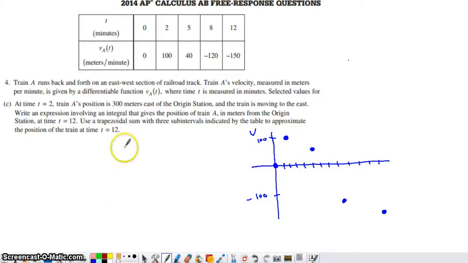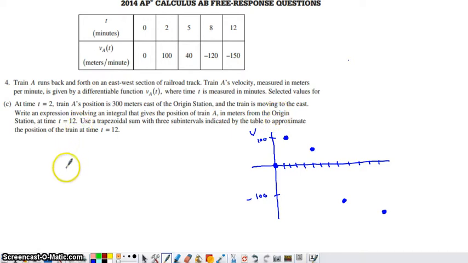So here's part C of number 4 from the 2014 A, B, and BC exam. And I already plotted these values just to save a little time in the video here. But in part C, it says at time t equals 2, train A is positioned 300 meters east of the origin station. Train is moving to the east. Write an expression involving an integral that gives the position of the train in meters from the origin station at